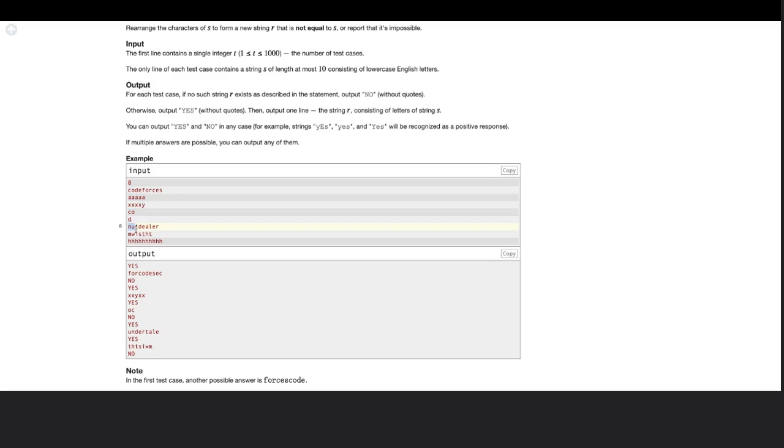In this, you can directly swap U and N. So like this, you keep going. In this, W with M. In this, you can't swap and you output no. So this is the solution to the problem.